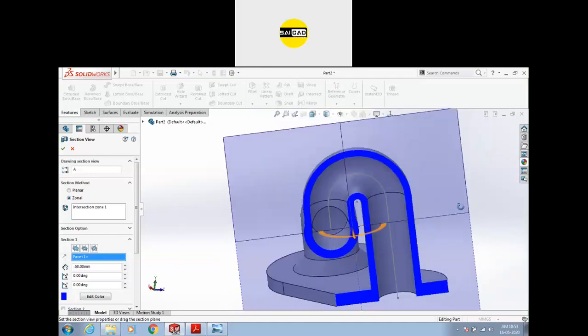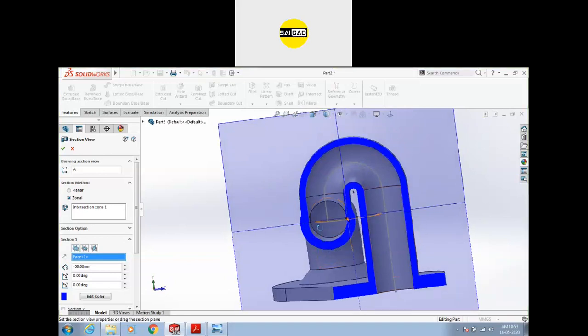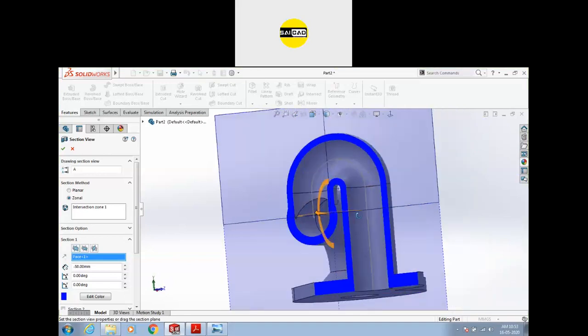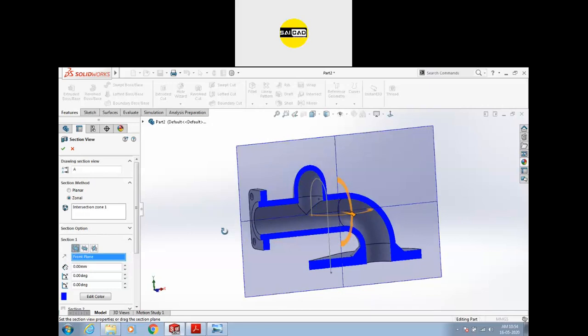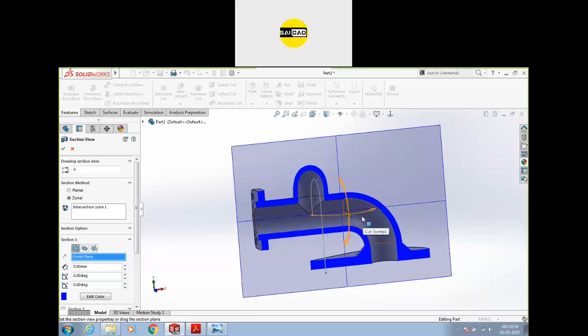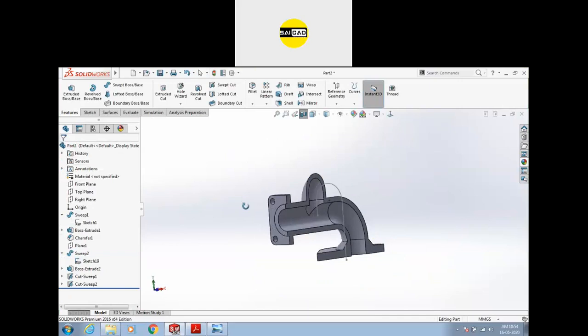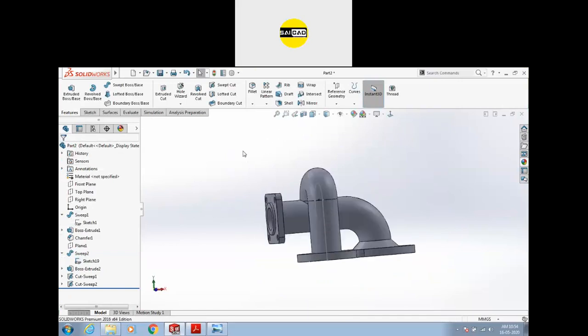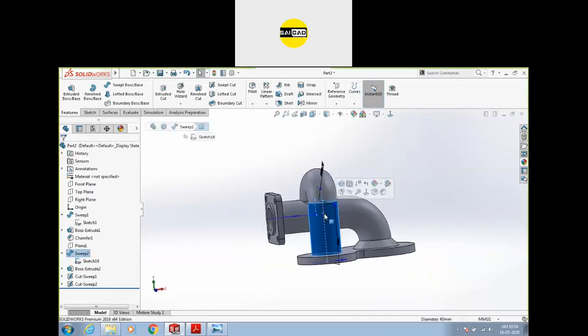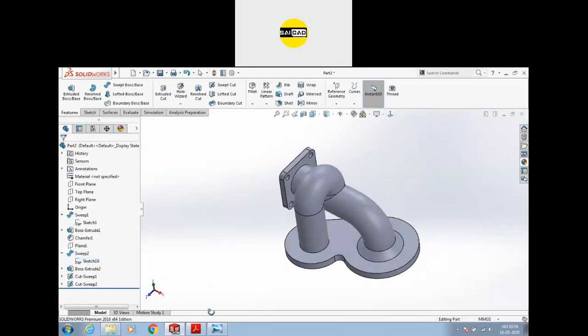We can see this pipe is hollow and merged up to this pipe, and if you click here, you can see this is also merged. So we need this final output. You can just click OK and the section will remain. If you just click here, the section will be closed. So close out. So now this is our shape.